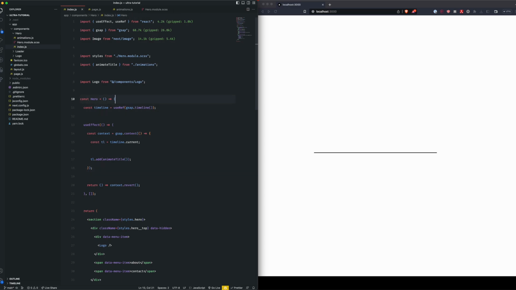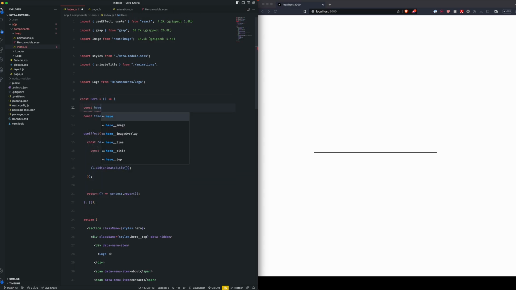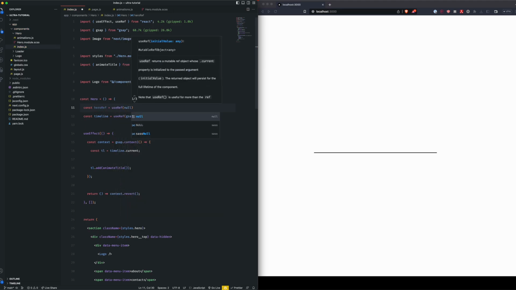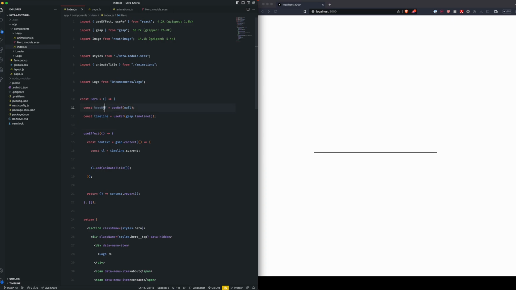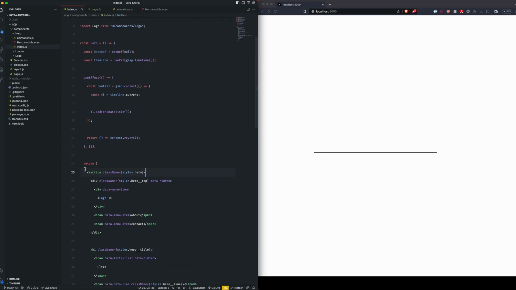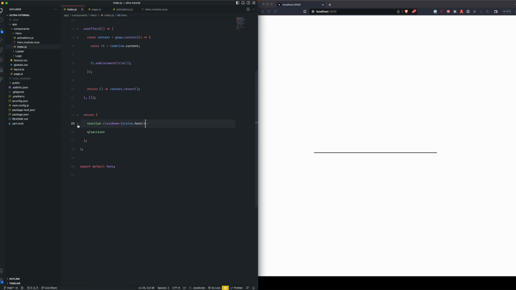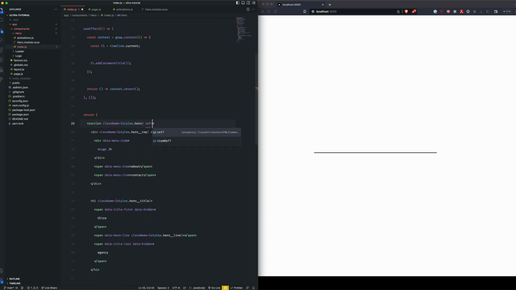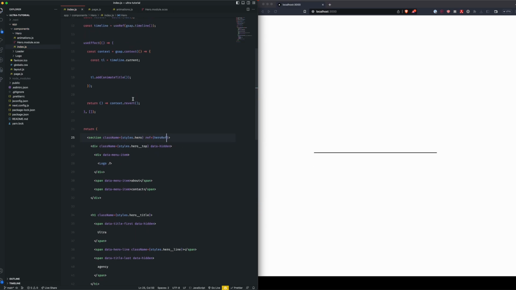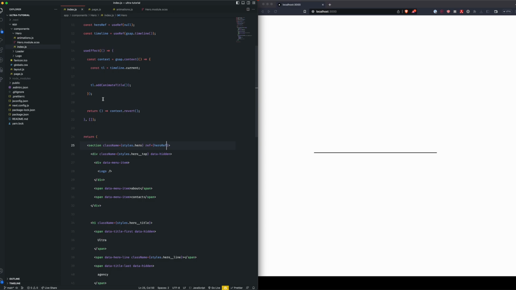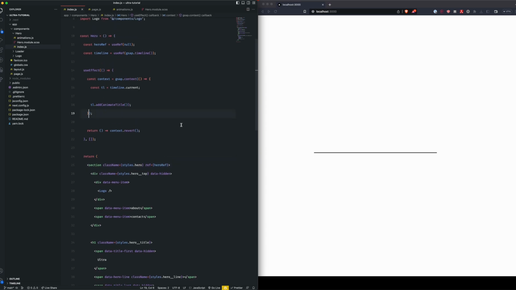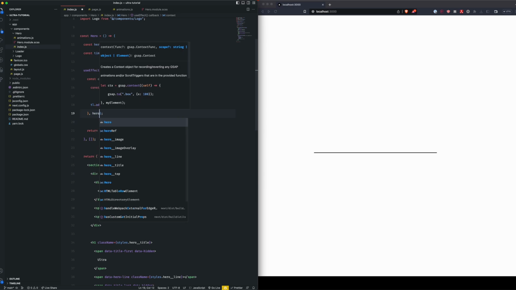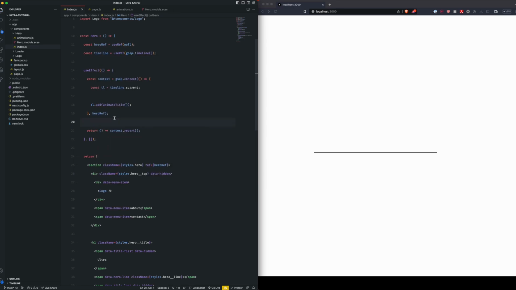If we set up a ref here, so const heroRef, and we set that to the main section wrapper like that, any animation inside, first we have to set this here as the last argument. Anything inside the context now,